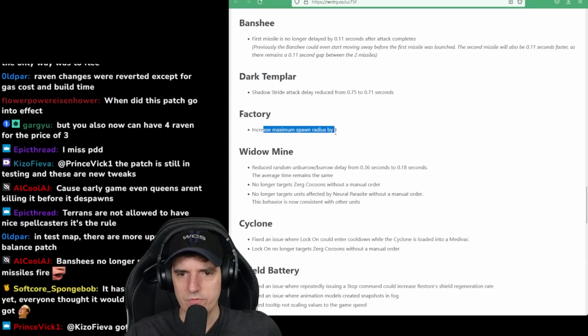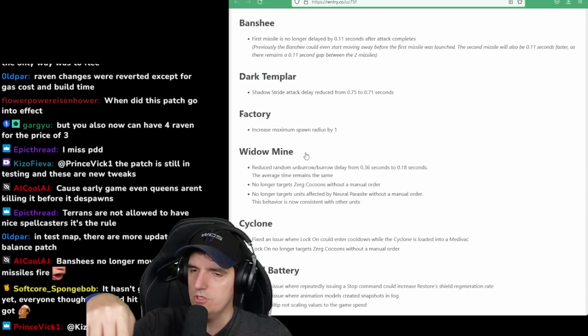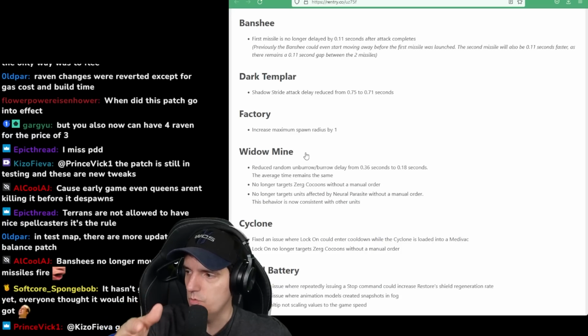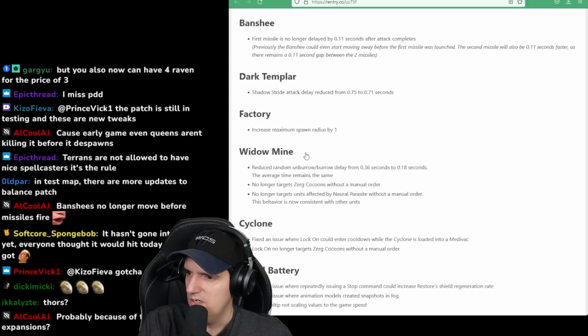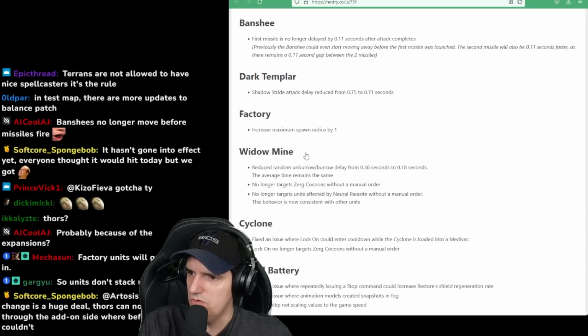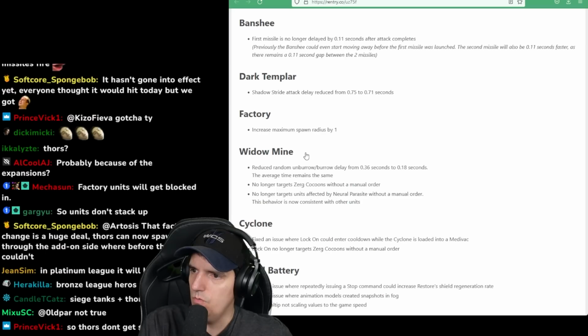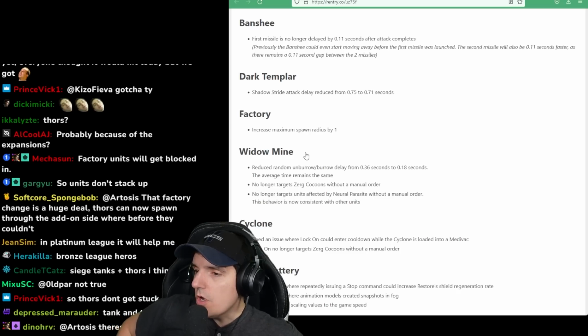Increase maximum spawn radius by 1. I don't know why they need to do that. Basically, if factories get completely surrounded, any production facility is 100% surrounded, units won't come out of it. So I guess this fixes that. I don't know in what universe that matters. Yeah, I'm a little bit confused. It's a huge deal. Thors can now spawn through the add-on side where they couldn't be... Oh! So...